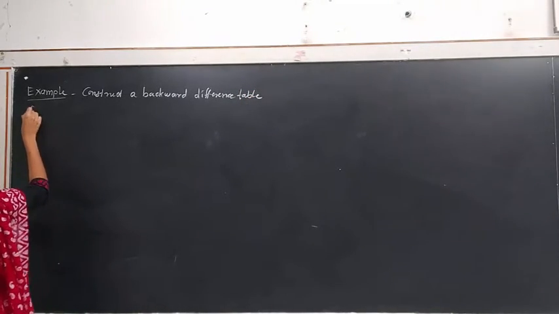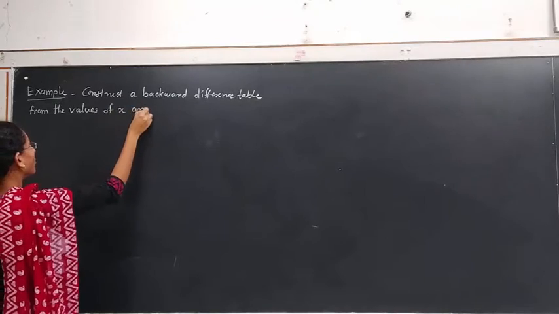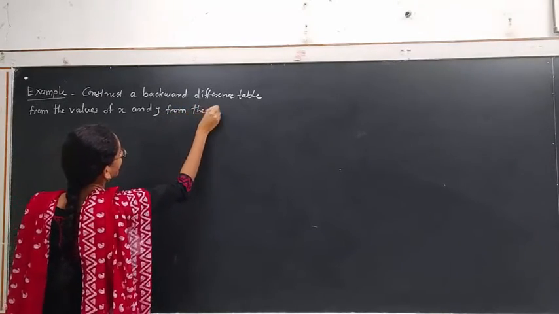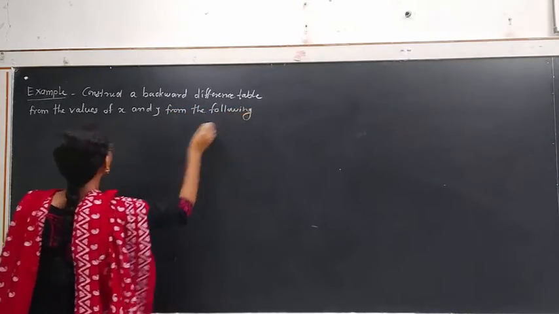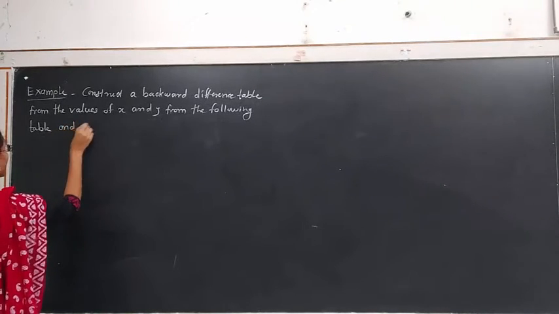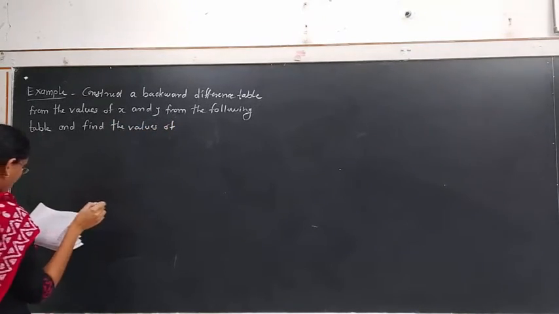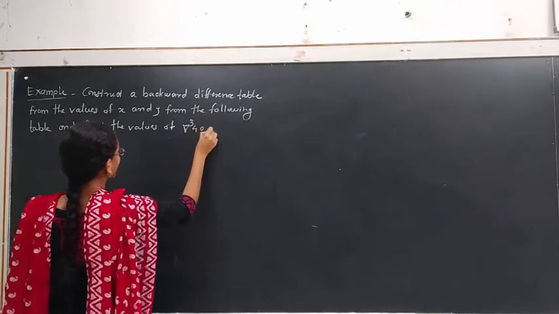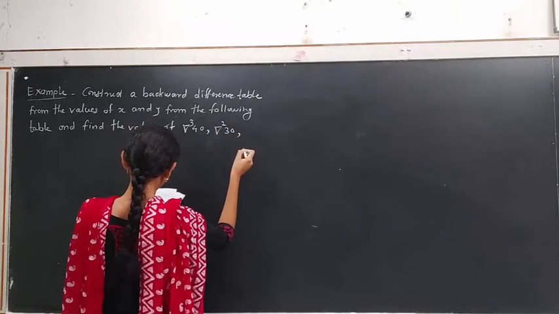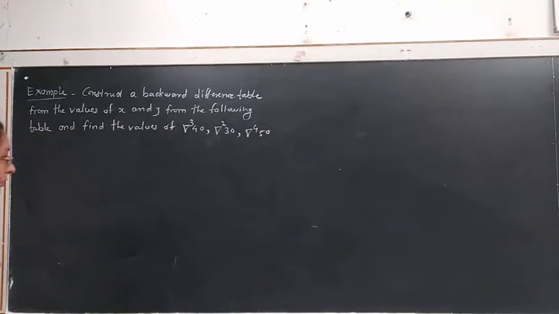From the values of x and y, from the following table, then 40, then square 30, and then this to 450. We have given the values of x and y as